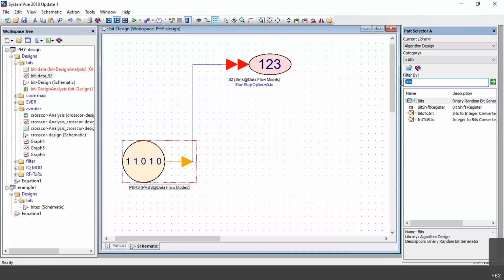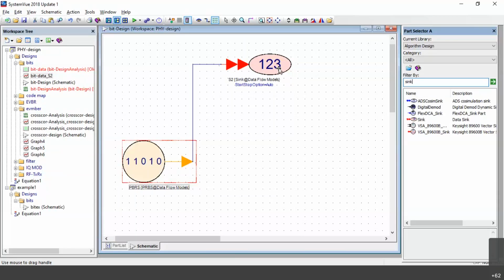And then, to see the output, you have to use the 1, 2, 3, nothing but what is called a sink. SINK. Now in filter by, go to part selector. In filter by, write sink. Then take the 1, 2, 3 sink. Don't take any other things. Go for sink, the 1, 2, 3 sink. That is data sink. Select data sink and place it over here. All of you done? This part is placed.